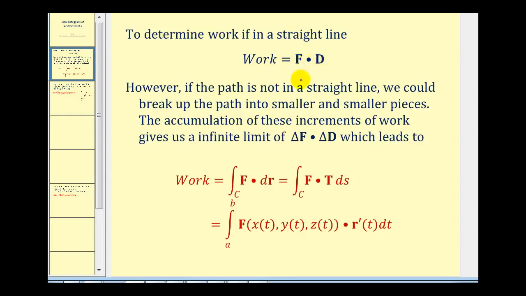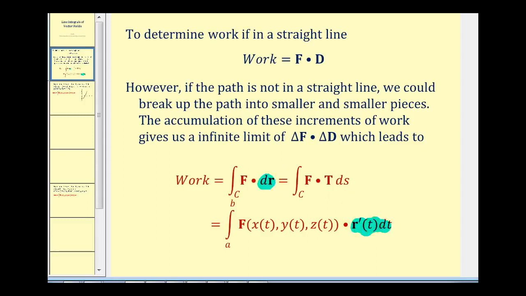However, if the path is not in a straight line, we could break up the path into smaller and smaller pieces, and the accumulation of these increments of work gives us an infinite limit of the change in f and the change in d, which leads to the line integral of the force field dotted with differential r along the curve C. And to integrate this in terms of t, we can rewrite differential r as r prime of t dt,